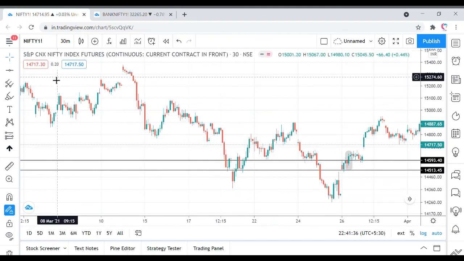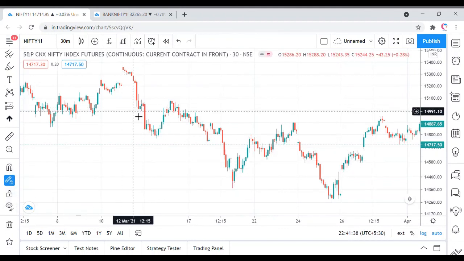So what I'll suggest is you backtest this strategy for yourself according to your risk and reward ratio and see how this plays out for you. Or one can start with one or two lots of the contract, and gradually, if you gain confidence in this strategy, you can start increasing the size of the contracts.